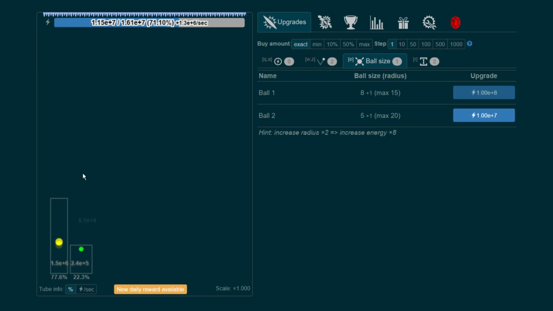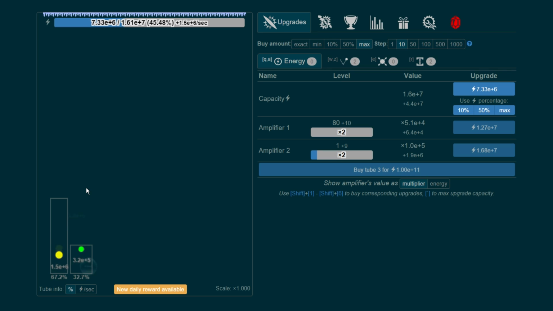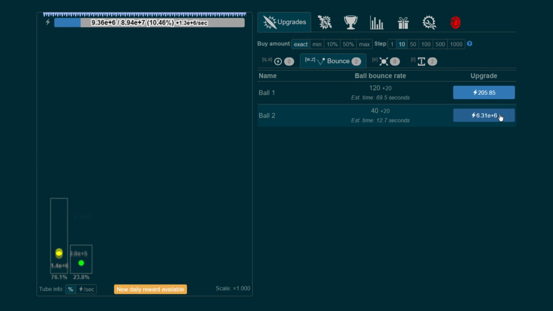Definitely wanted to upgrade the ball size. We can actually get this ball size up, too. We got a nice bubble here. That's going to be actually a really good bubble if I can get it. Actually, that wasn't that. That was a pretty good bubble, actually. It didn't look like it was that much, but